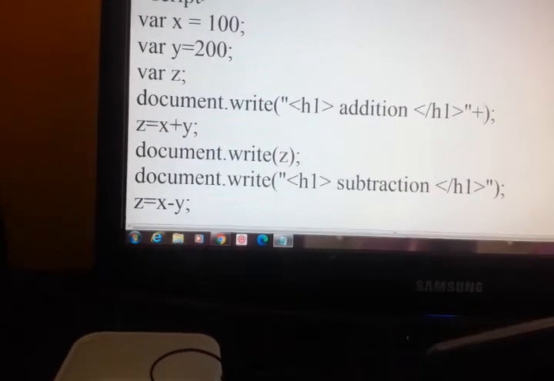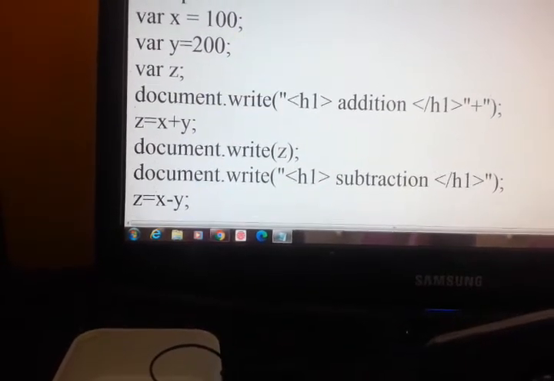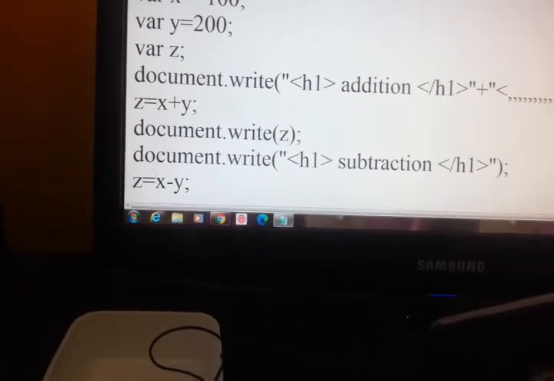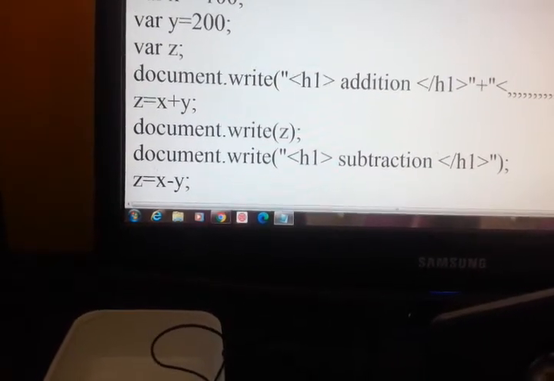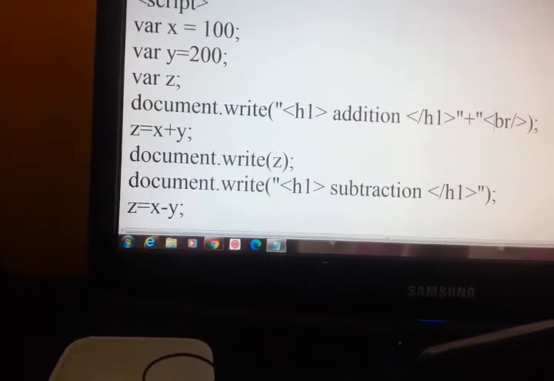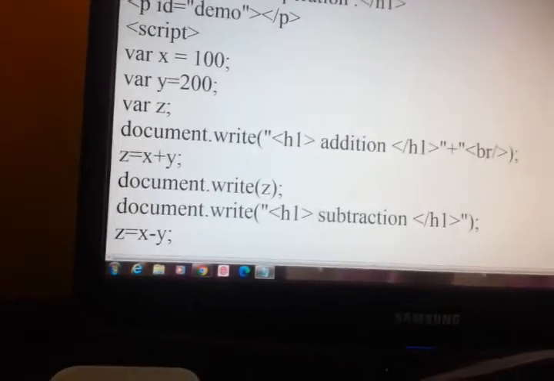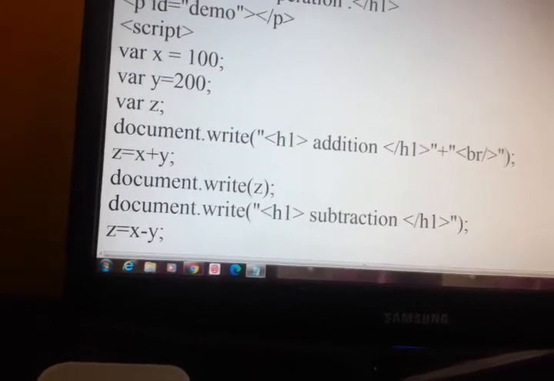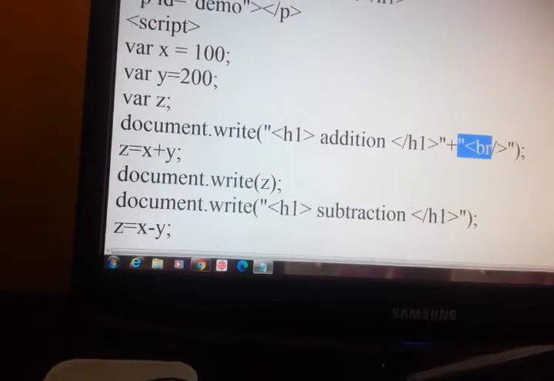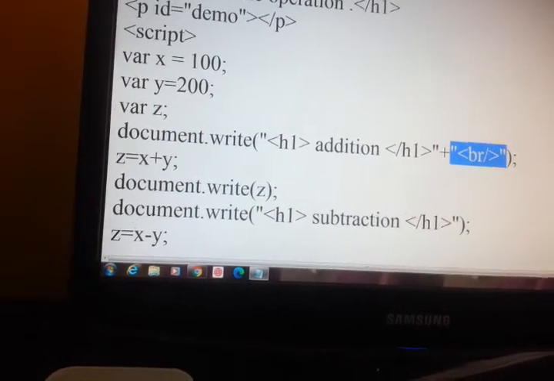We'll use a plus, we'll use a break tag here. Why do we use the break tag? Because we use the break tag, we'll get all the things on the next line.